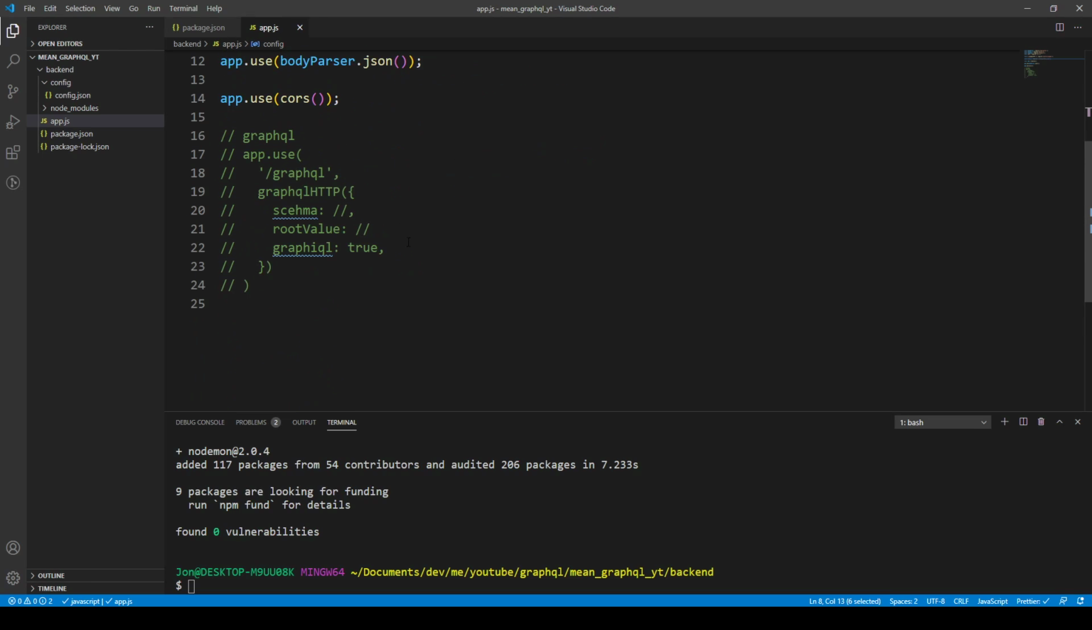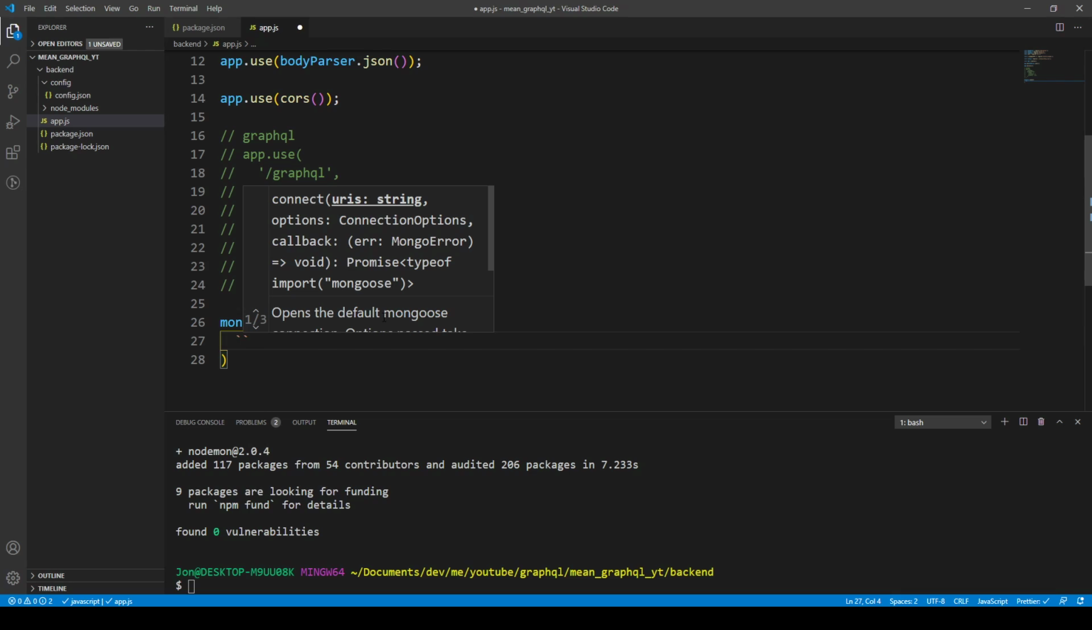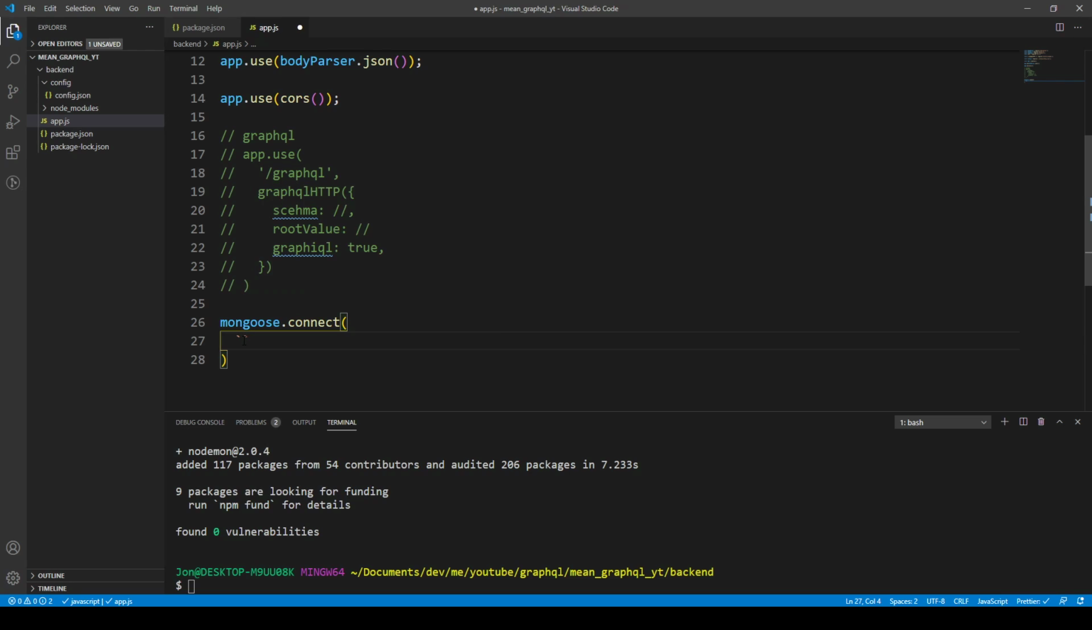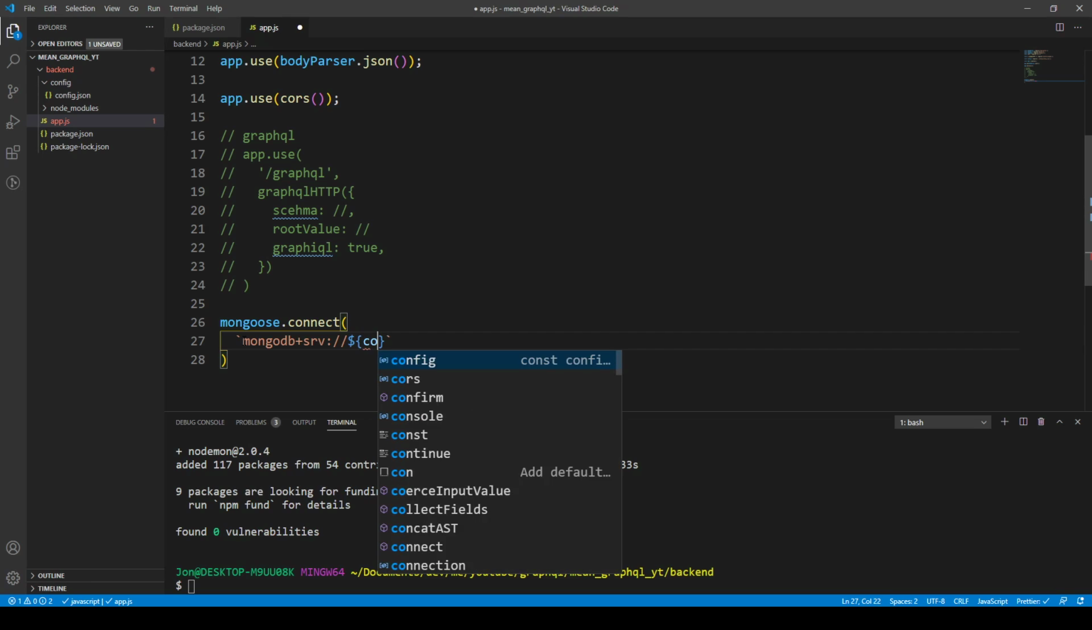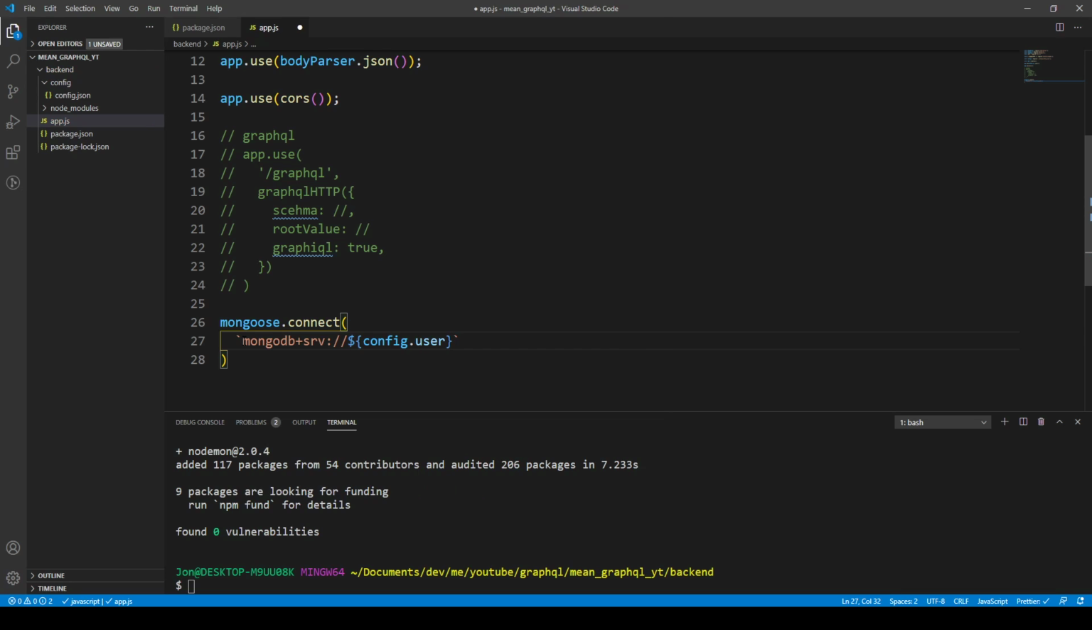So now I am able to create our Mongoose connection, and Mongoose has a .connect method. It takes a string of the server, the username, the password, and all of that. So what we can type in here is mongodb+srv:// and I've used the backtick so I can use template literals, and we've imported the config file with the config.json configurations, and on that we have the username and the password. So we can just get the config.user